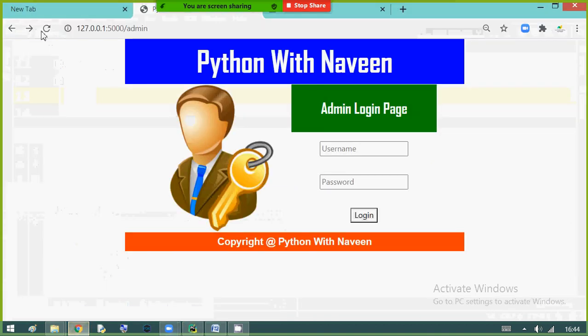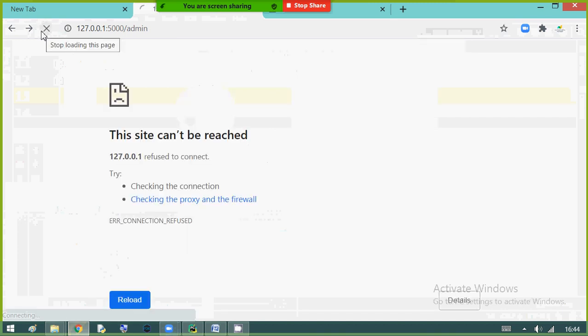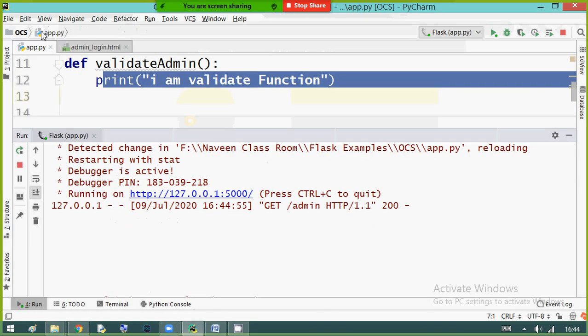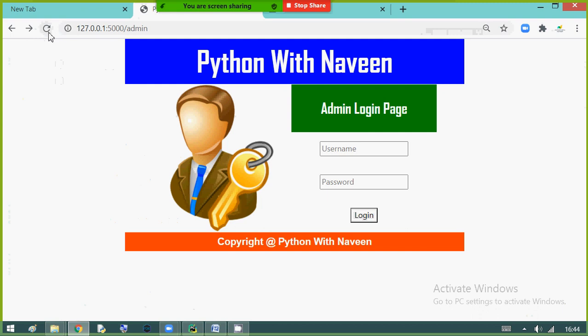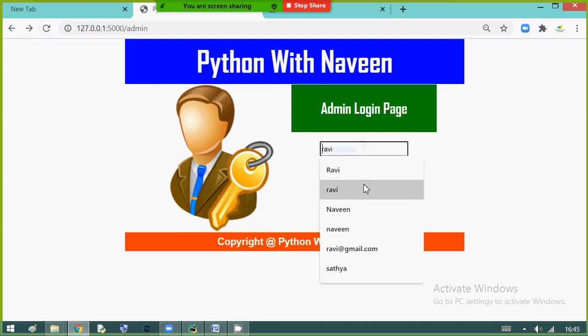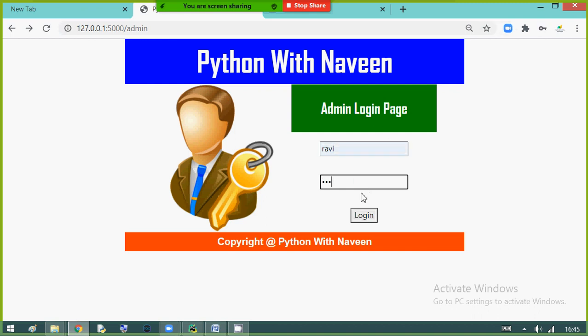Yes, refresh. Now I am entering some dummy username and password, which is not that important. Click on login.